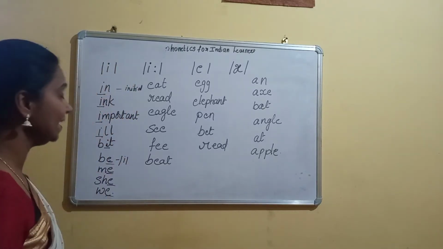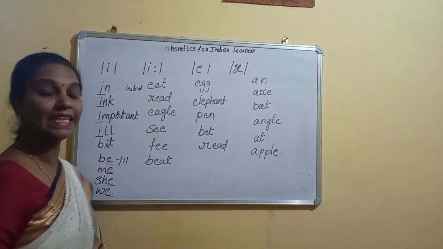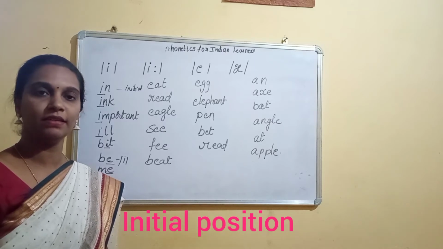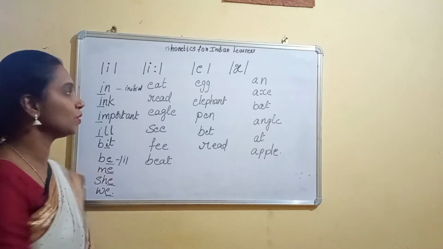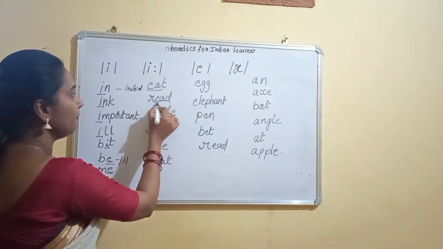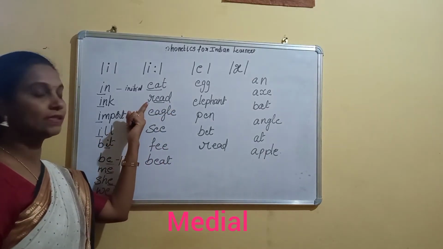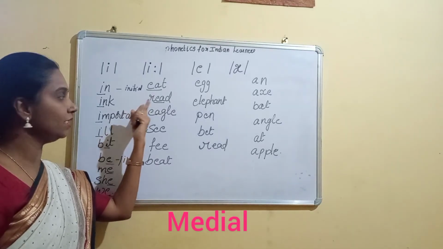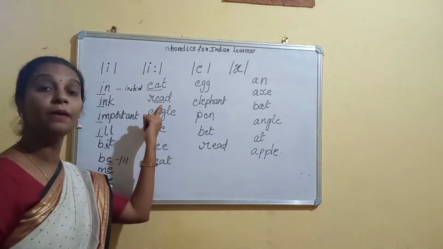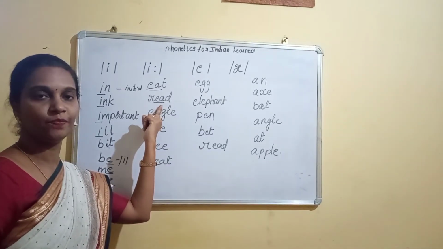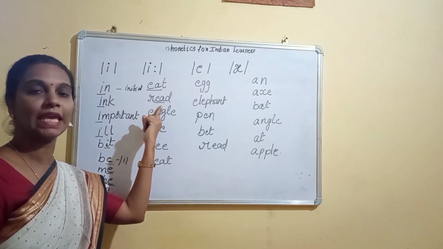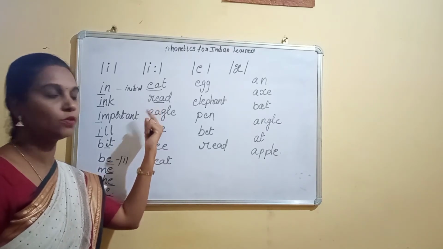It is E. So here in the word eat, where does the sound occur? Is it initial or medial or final? Yes, it is initial position. Read. Yeah, it is medial position. You can see there is a sound R in the initial and D in the final. So in this word, the sound occurs in the medial position. Read. Whenever you get confused, you have to pronounce the words again and again to find out the sound.